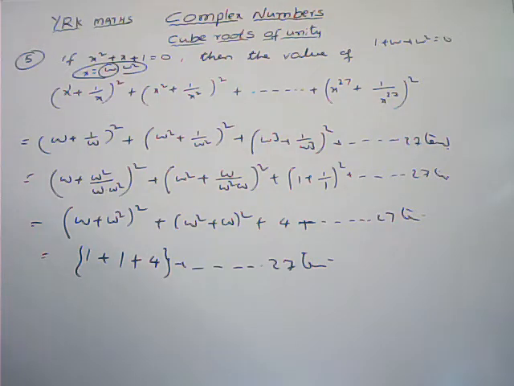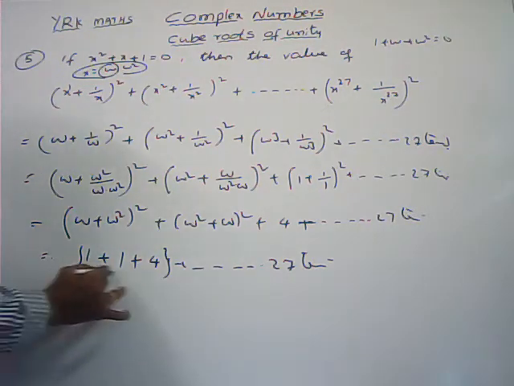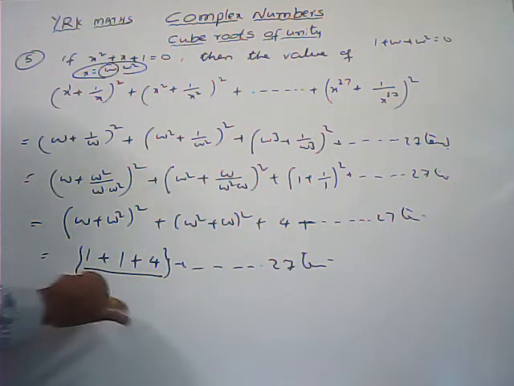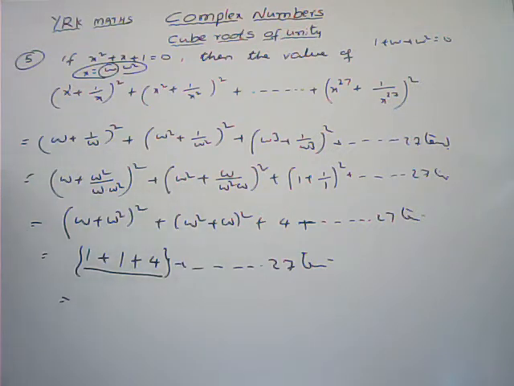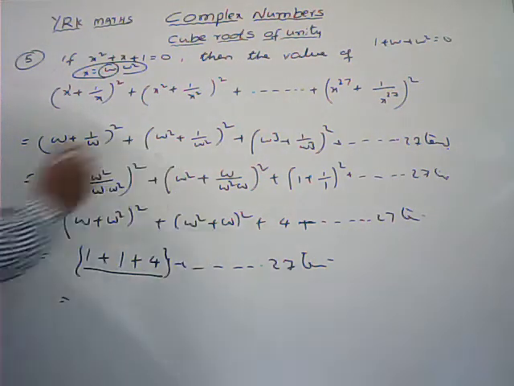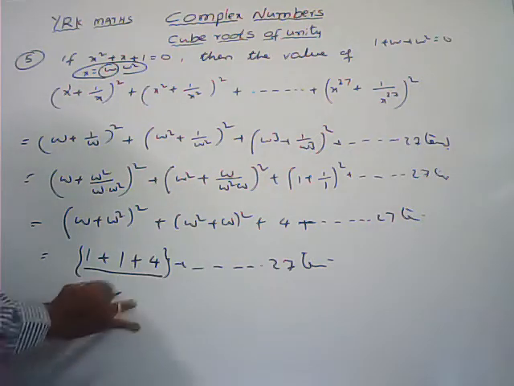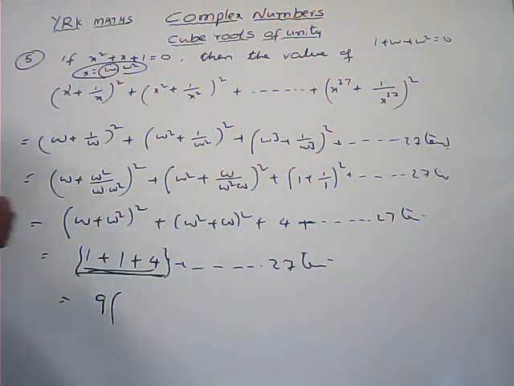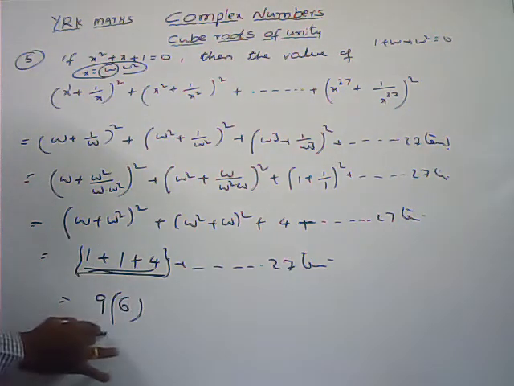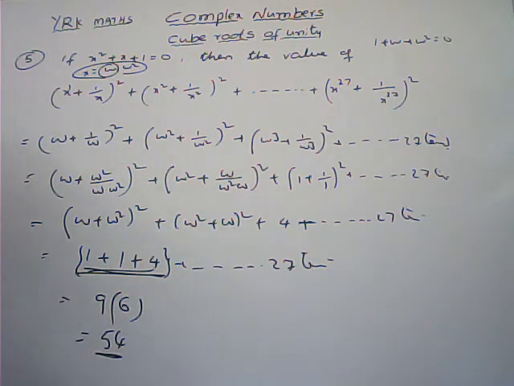Every 3 consecutive terms you can make into a single term. Now for the first 3 terms what did we get? 6. Next, the second 3 terms also we can get 6. For every consecutive 3 terms you will get 6 only. Total, if I divide into 3 parts, how many are there? 9 parts are there, 9 3s are 27. Every single one we are considering a single term only, every single term giving the value 6. 9 6s are 54. See here, why?